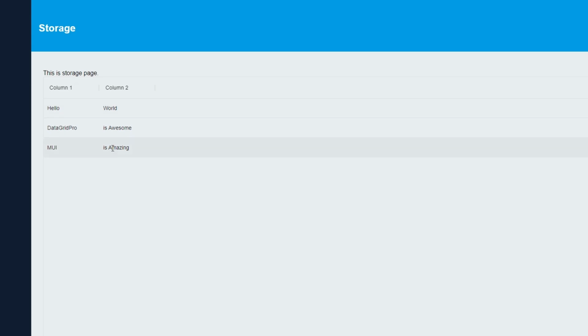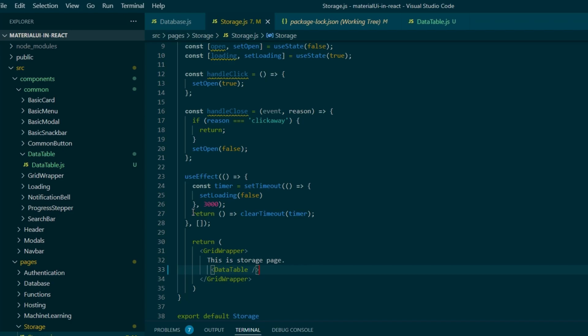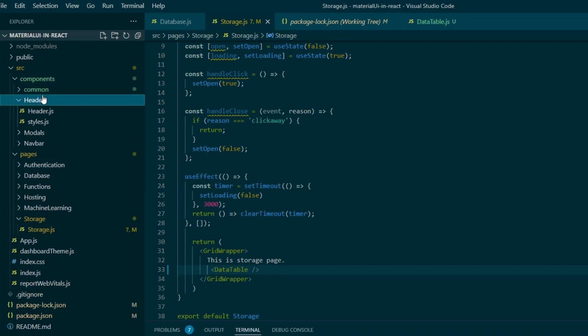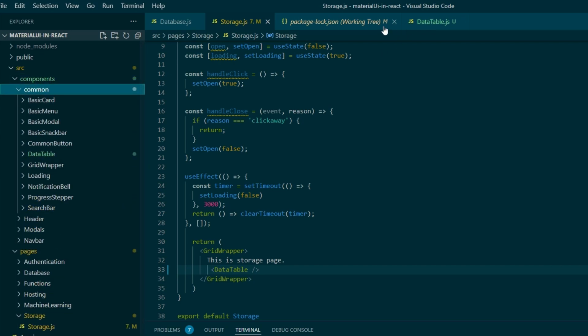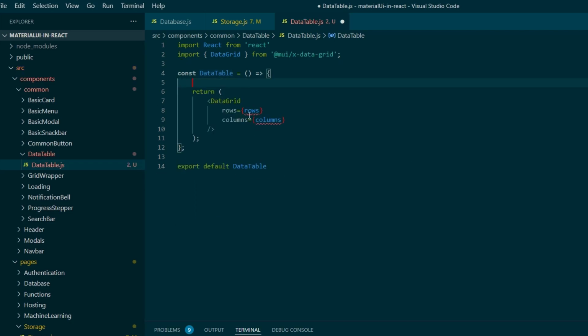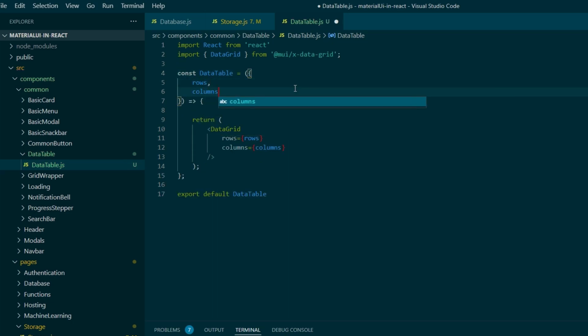So in that unique reused component, we are going to display the user data only. In order to get that working, we need to send rows and columns as a prop. So later we can define that in our user table component. So let's go to the datatable.js, and we're going to get rid of the rows and columns, and inside of the props we're just going to pass rows and columns. Then we can hit save,